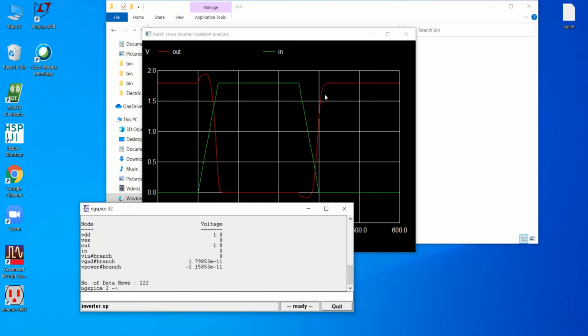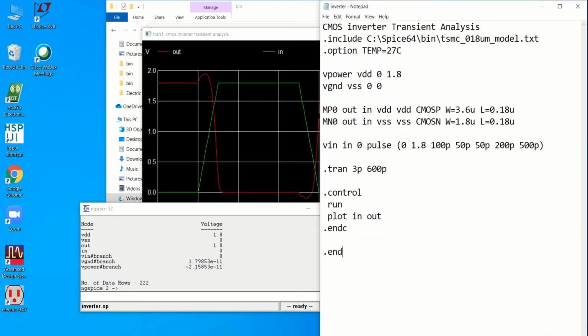If I want to change the background color, I can directly do it in the programming within the control statements. You can use set color0 is equal to white. So this is for the background color, to change black to white. Then you can use the similar command, set color1 is equal to black. You can check this by saving.